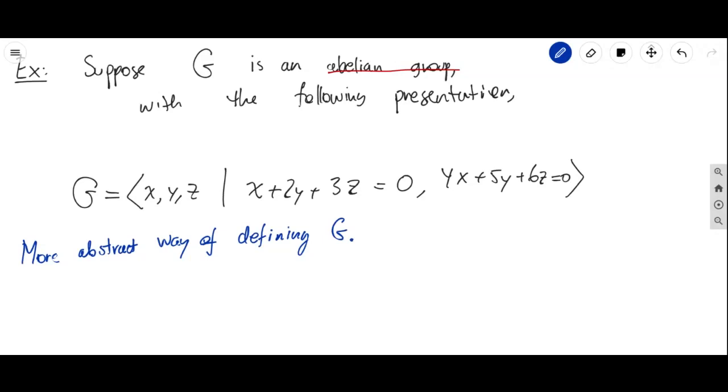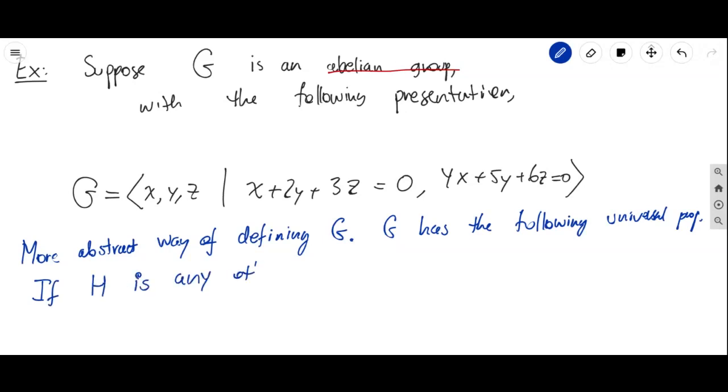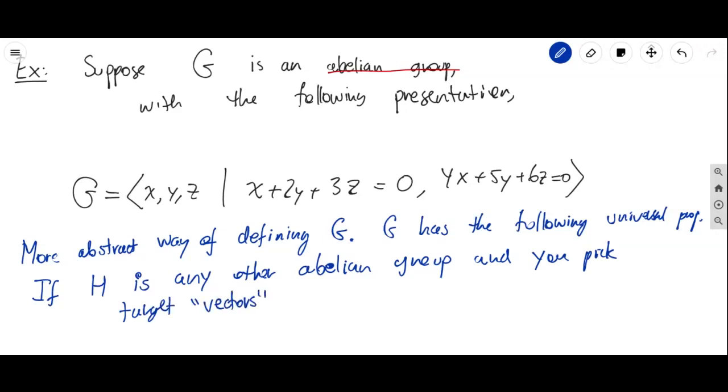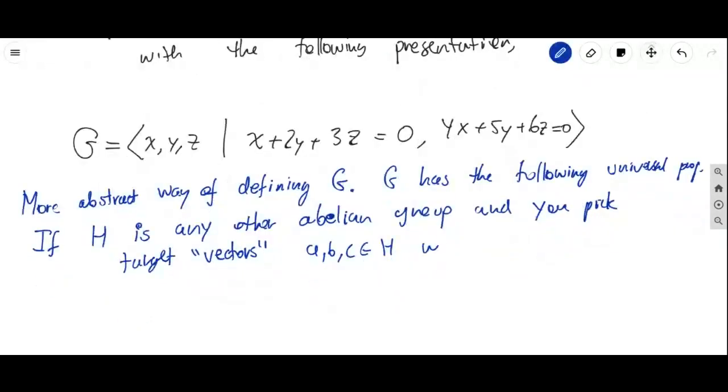G has the following universal property: if H is any other abelian group, and you pick target vectors, in quotation marks, A, B, C in H, which satisfy